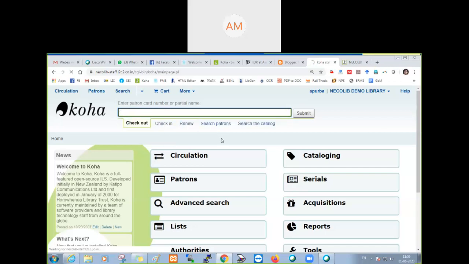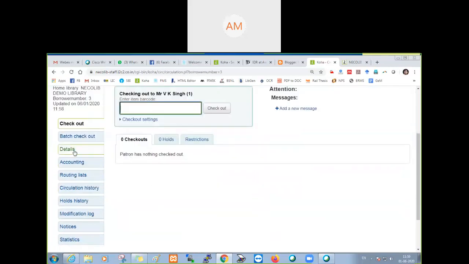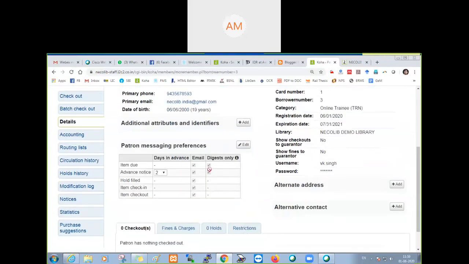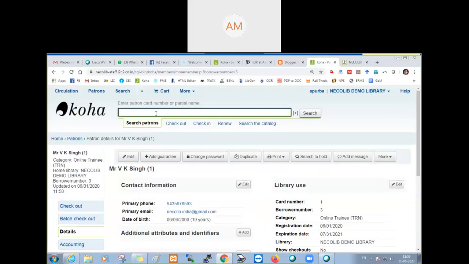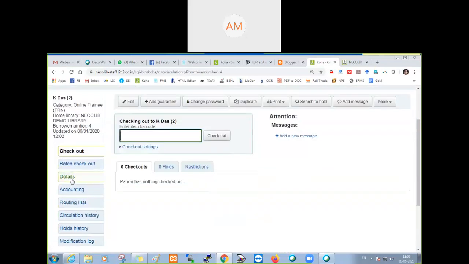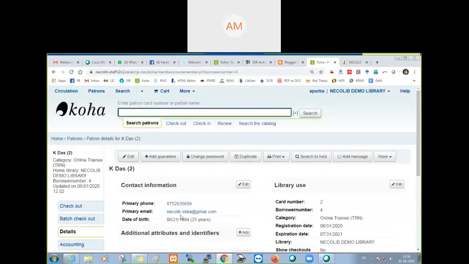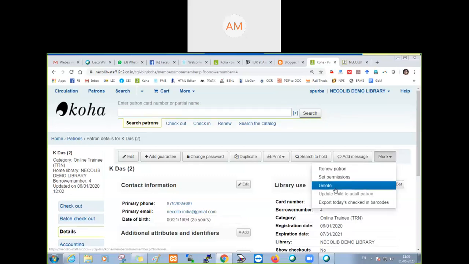You can see the details. The email ID was nekoliveindia@gmail.com. And then the next patron is Das. Details. Oh, it's a typing mistake. So I'll delete it and try to show you the step again.